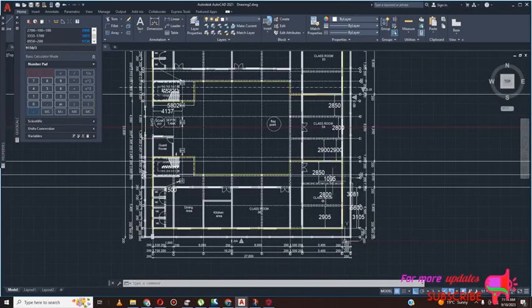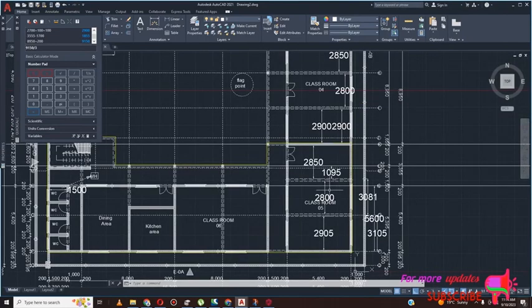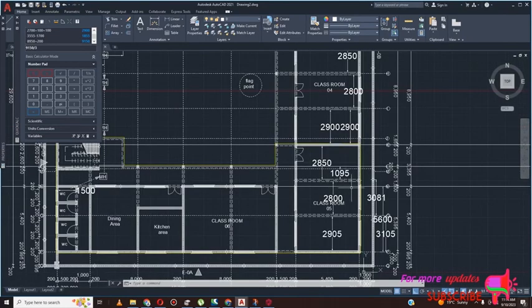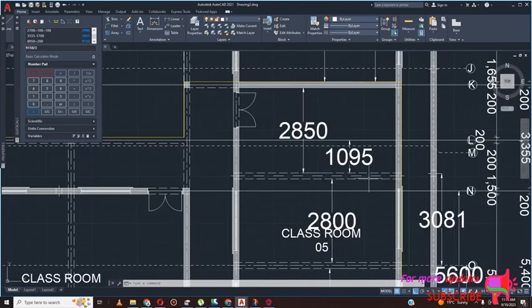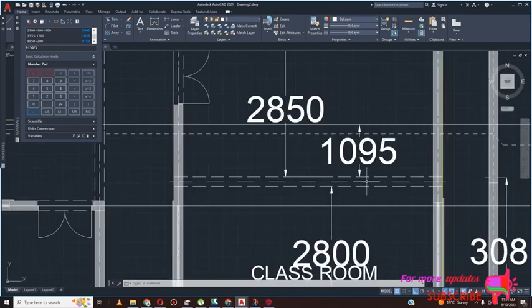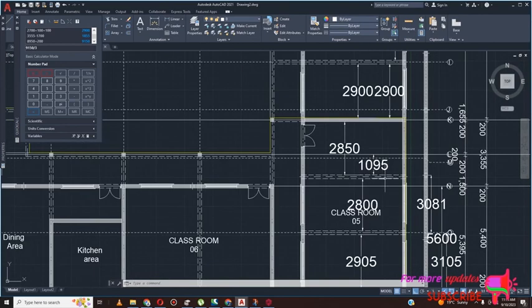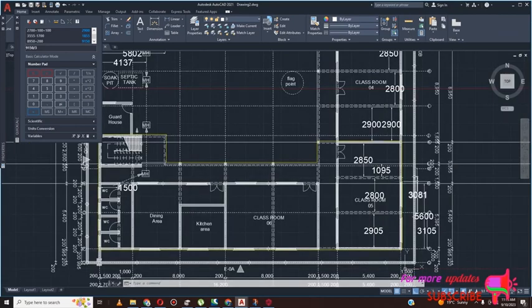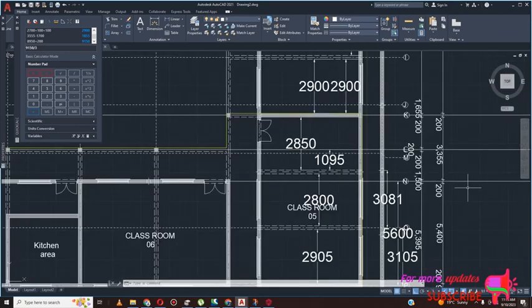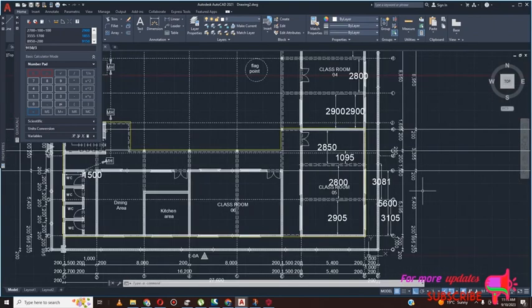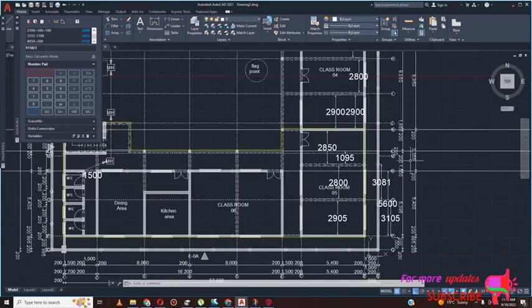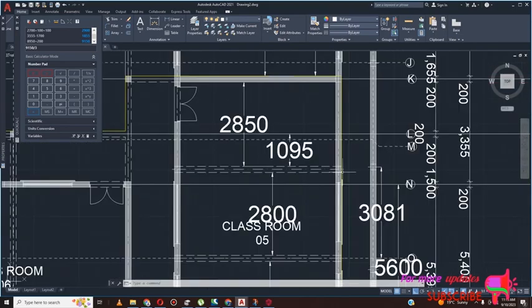Is there any other one? We can offset this one by this plus 100. Offset this one by,